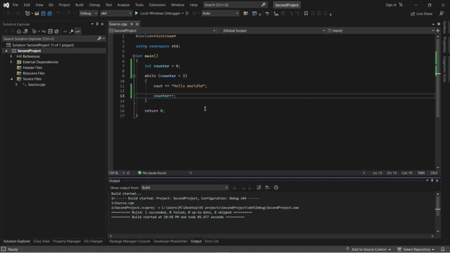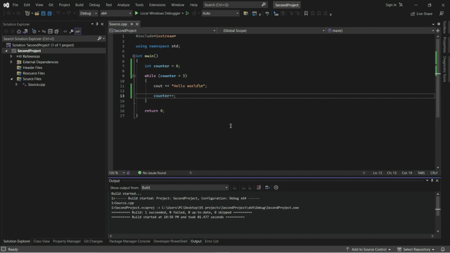In next iteration, counter variable has value of 2 and 2 is less than 3, so it is again true. So this block of code will be executed again. And after that iteration, in next iteration, counter variable has value of 3 and 3 is not less than 3. So while loop is terminated.